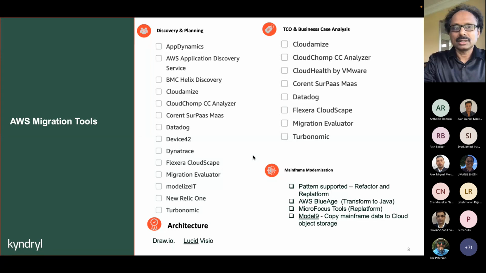And our Kyndryl AWS support team utilizes Datadog for monitoring the AWS infrastructure and also creating the alerts. And a couple of people are utilizing Turbonomics. So there are several tools available, right? As architects, we need to identify which tool is best for our customers or which tool the customers are using. In the majority of cases, these tools require an agent install. There are agentless tools available, but we still need admin permissions in order to install these tools into the on-prem.